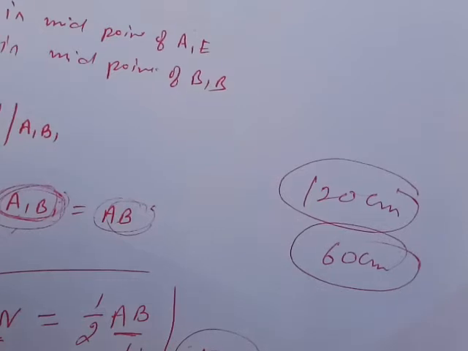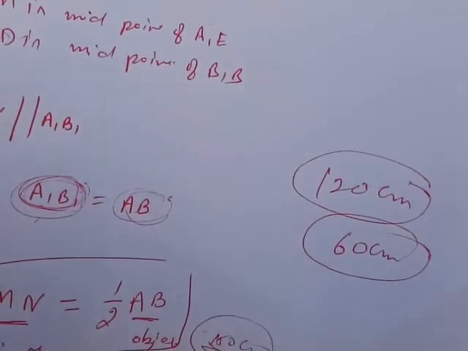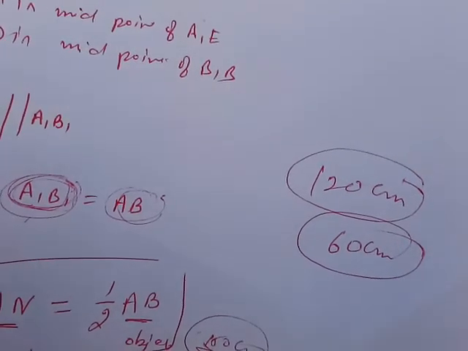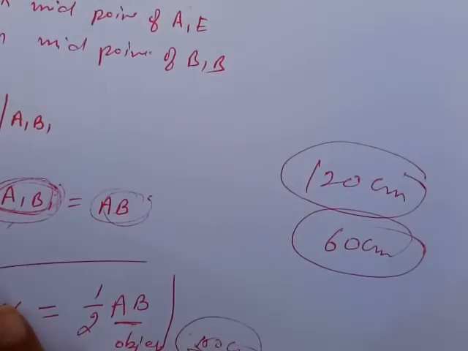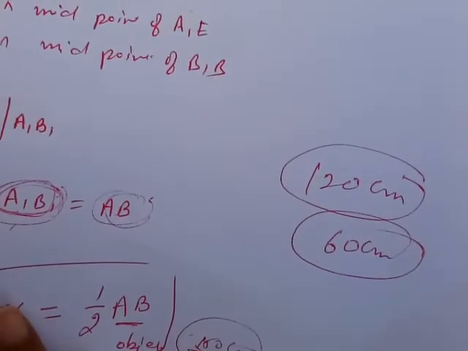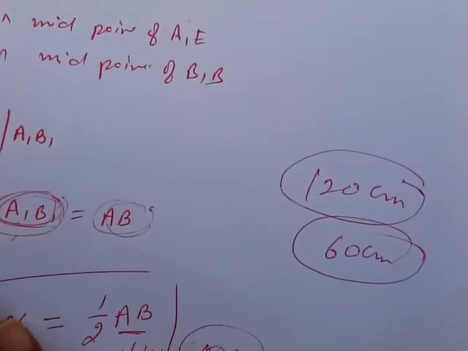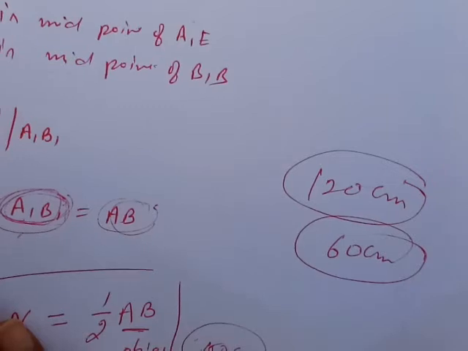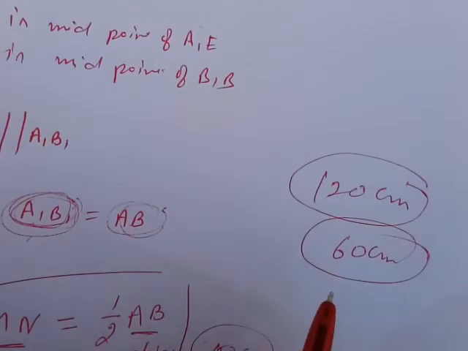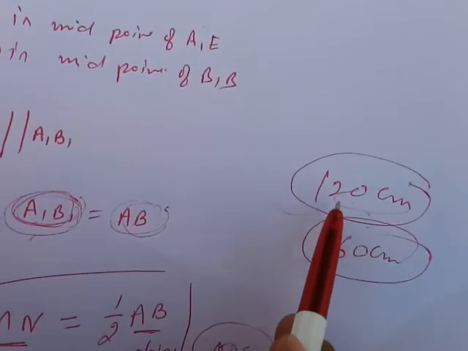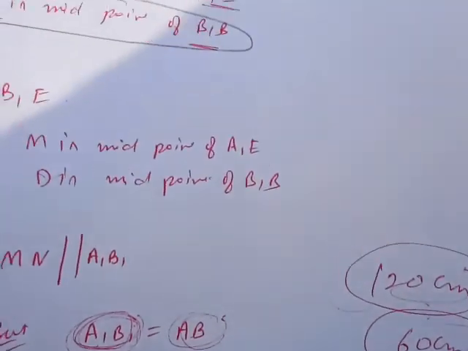So it must be pointed out that a person can see the full length of his body by turning his head or eyes even in a small mirror. If you have a small mirror, you can turn your eyes up and down and see your full height in that. But if you want to see your full length from a far point from the plane mirror, then you require this 60 centimeter mirror for 120 centimeter length. It means you require a mirror half the length of the person.